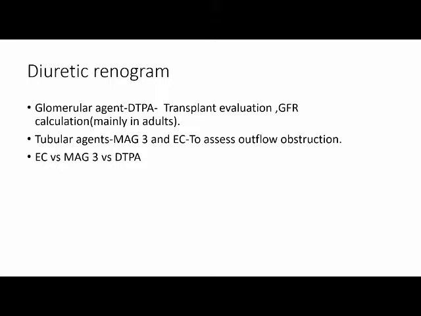Whereas with MAG3, there is 60% renal excretion, and 40% can be cleared by the liver. So if there is globally impaired renal function, the alternative hepatobiliary route of excretion takes precedence, and activity may appear in the gut. MAG3 is useful only when you are doing a scan for 20-25 minutes or a maximum of 1 hour. After more than 1 hour, some gut activity will come, and it is very difficult to comment on the delayed images. Therefore, I don't recommend MAG3 at all.